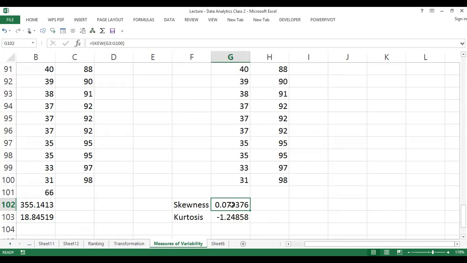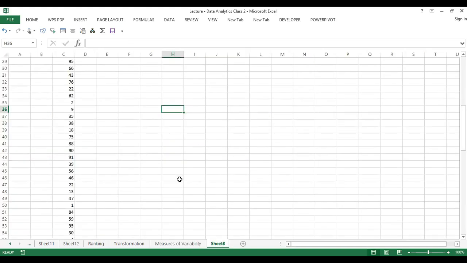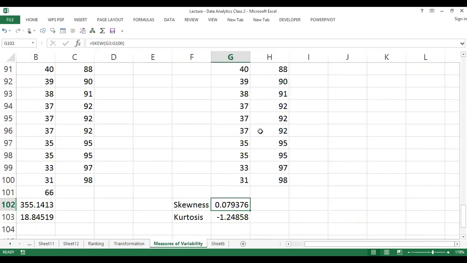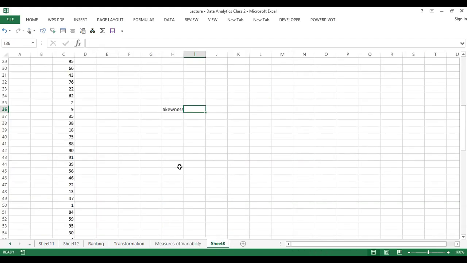Let's say I want to access this figure now, this skewness. I can get it. I can say skewness. Or I am here. I want to use this data to compute the skewness, but I want it to be on another sheet. I can say equals. I just click